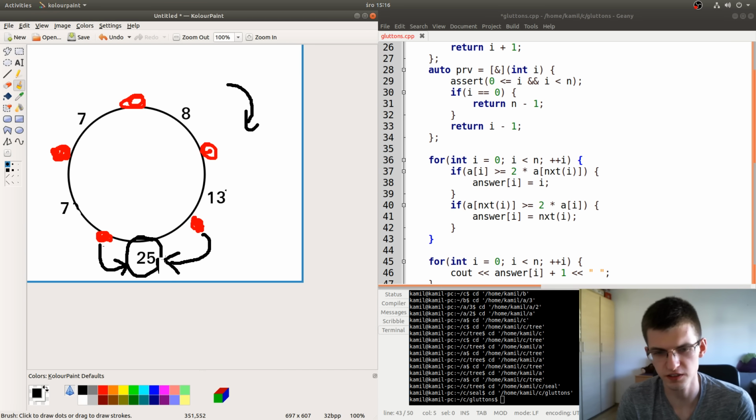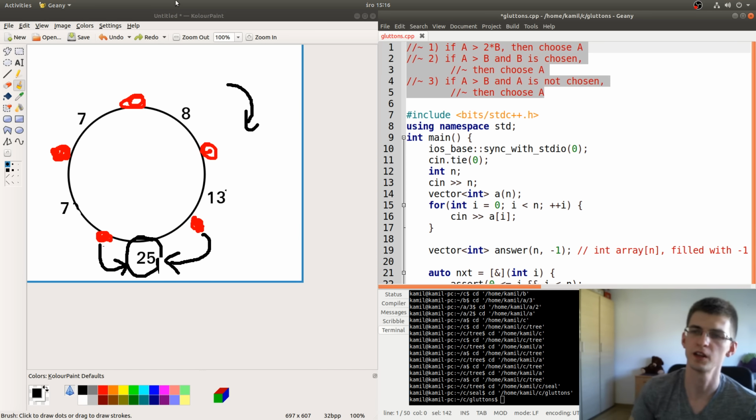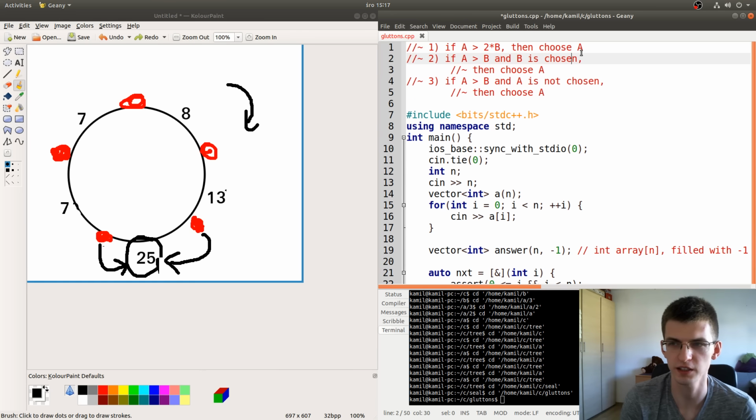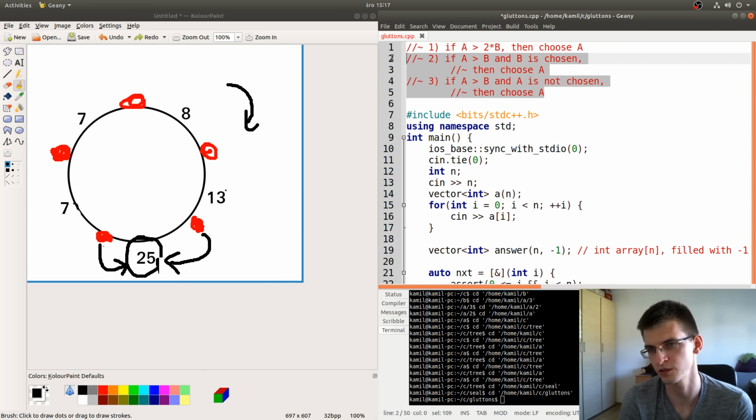So this person can't take this cake, or maybe he should, because it's already taken, so it's a bit smaller. And the question is, is it an issue for us? Maybe we can still do something like this for everybody. And the other thing is that let's not forget that we found some multiple rules at the beginning. And is it enough to just apply the first rule? Or should we still do some iterations of the next rules as well?